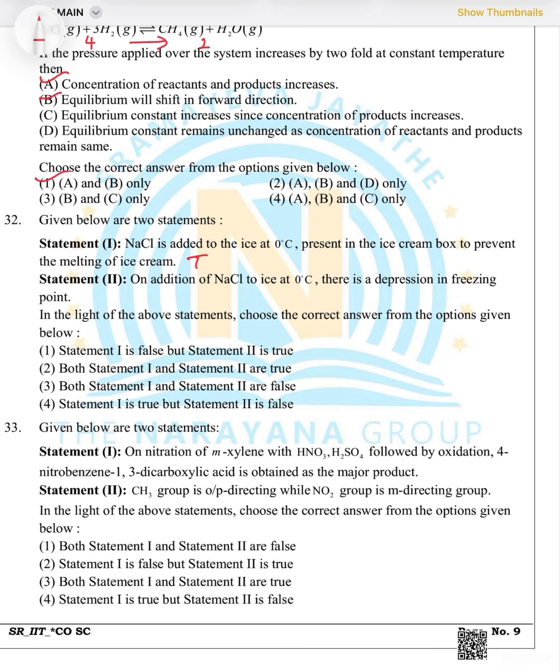On addition of NaCl to ice at 0 degree centigrade, there is a depression in the freezing point. This is also correct. So that is depression in the freezing point. Both the statements are correct. When a non-volatile solute is added to the pure solvent, like this we discussed one concept, right? So both statement 1 and 2 are true. Which option is correct here? Statement 1, statement 2, second option, right? So next,